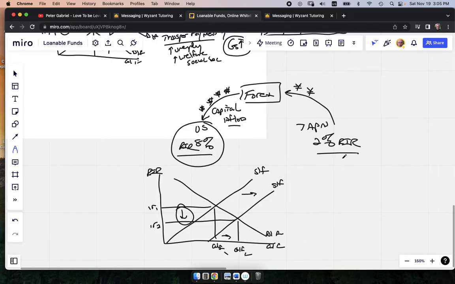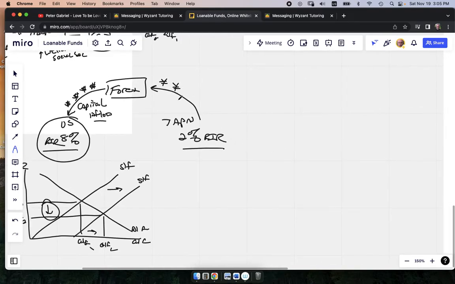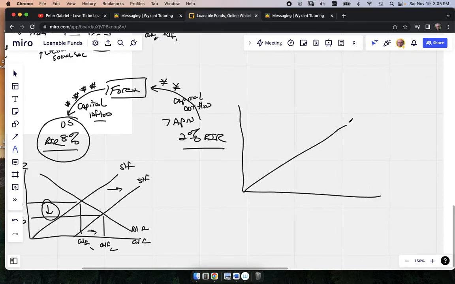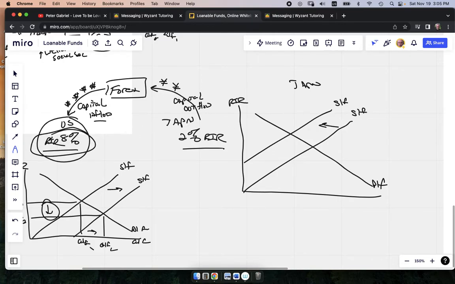Easy enough. If we had to do the Japanese side, we can see that there's what we call a capital outflow, and you need to know both sides, by the way. Money's leaving Japan, so that means money has to be coming out of the banks. We can simply understand that the supply of loanable funds in Japan has to be decreasing as that money's leaving Japan and flowing toward those higher interest rates in the U.S. So supply of loanable funds decreases, driving up the real interest rate. Same scenario. All right, my friends, that was very quick and dirty for loanable funds.